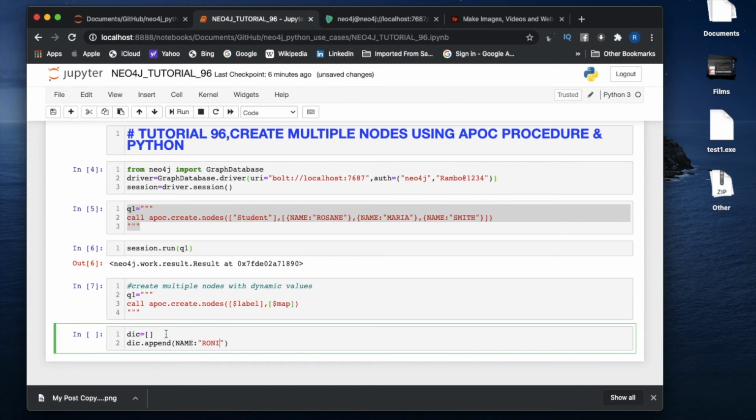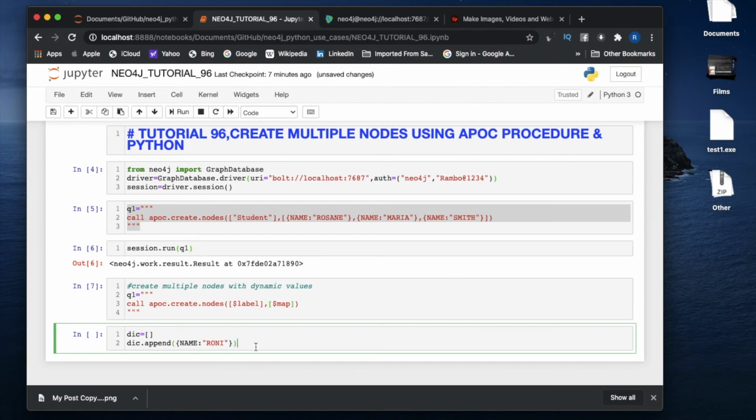Let me just give me a moment. So this is dic.append equals, should be like this.